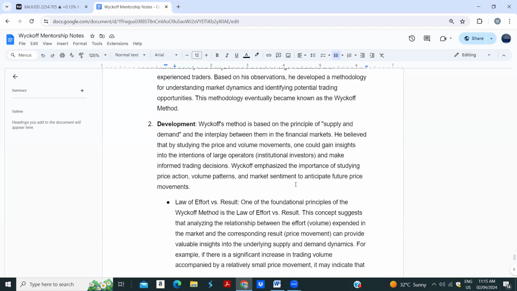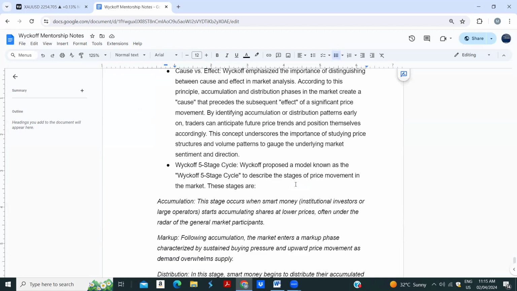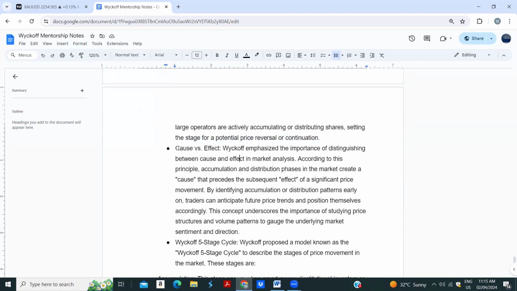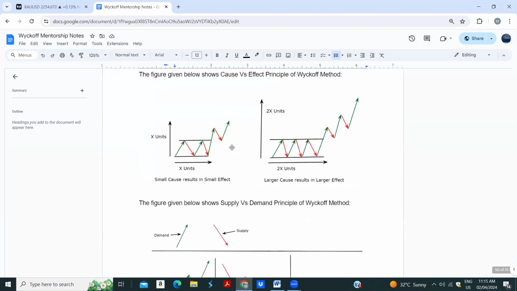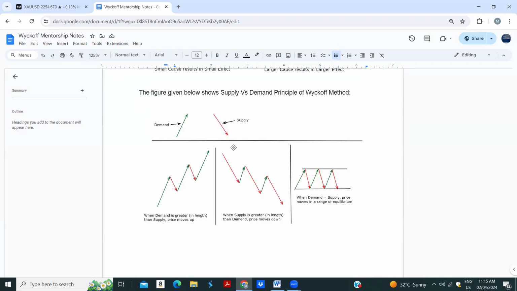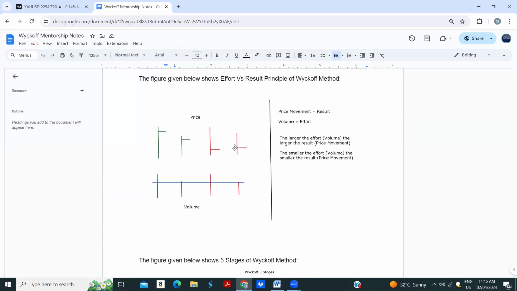We're going to go into a second theory now. Law of cause versus effect. So if I want to know about the law of effort versus result, here is the law of effort versus result. As you can see from here,